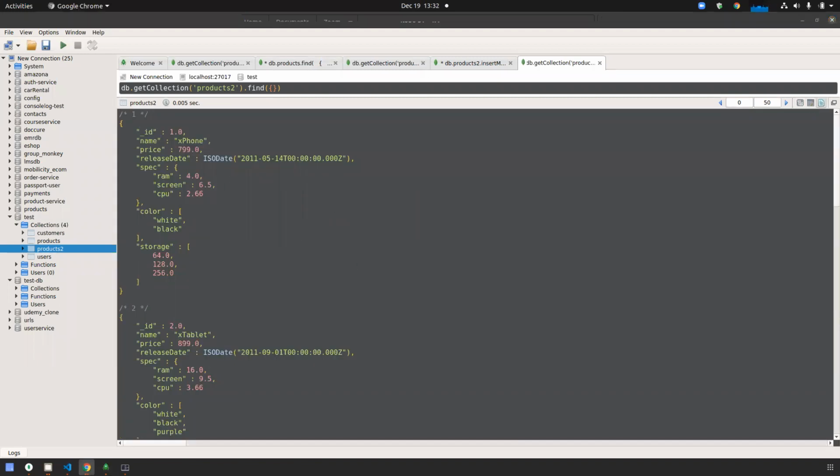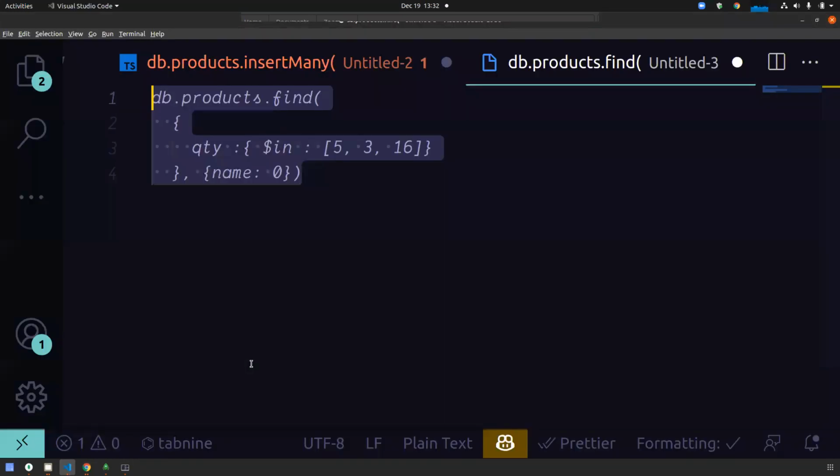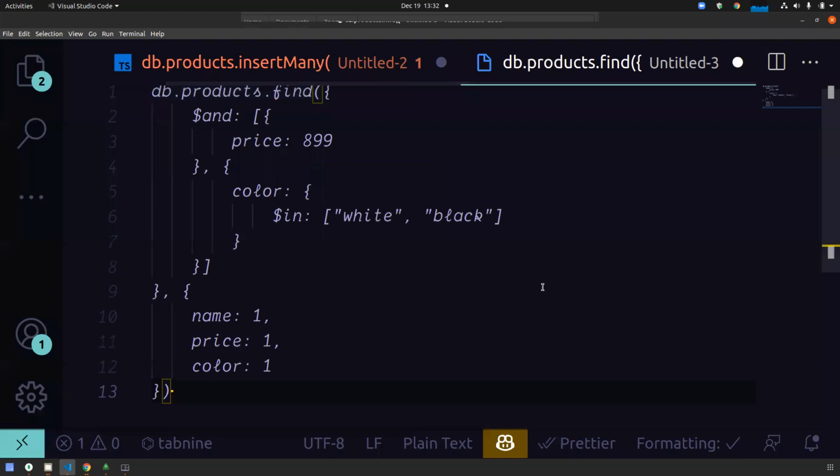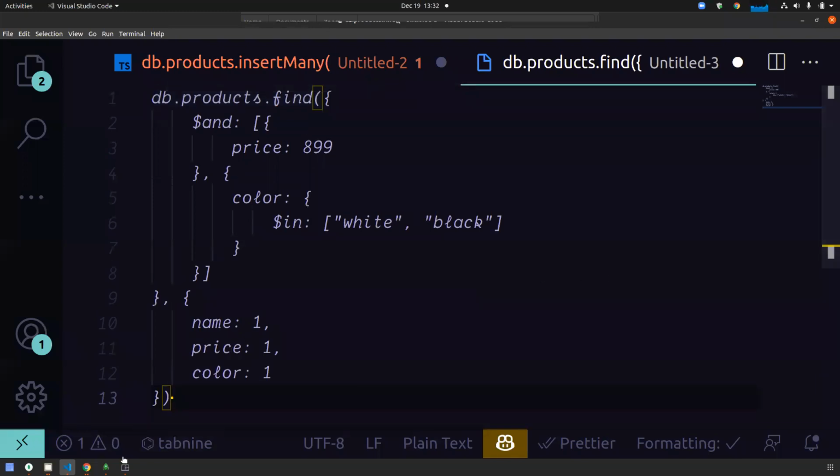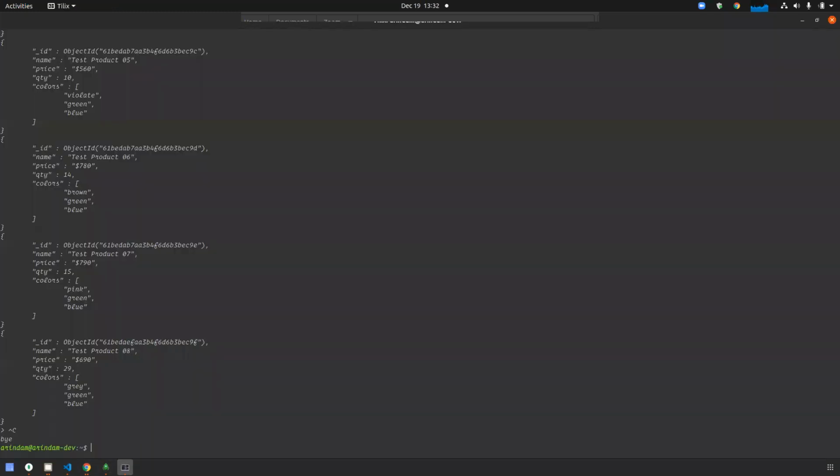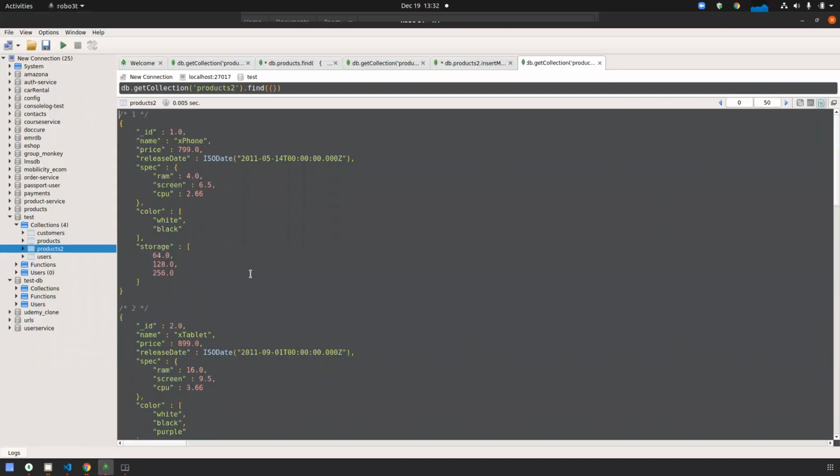Now I'm running one query over there. If you can see the records, their ID is there, name, price, release date, some specification, colors, and some storage.